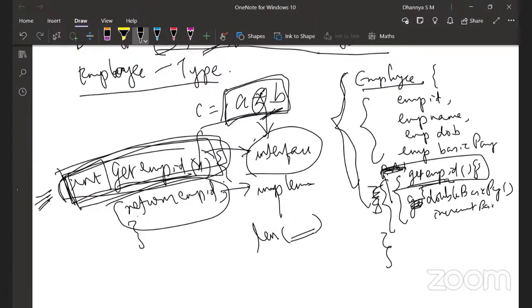So, ma'am, the interface includes both the arguments we pass in and the return value. Both together are called an interface. Yeah, because otherwise how do you know? When you call length, you don't know what argument you have to give, then it doesn't make sense, right? So we call this the method signature.